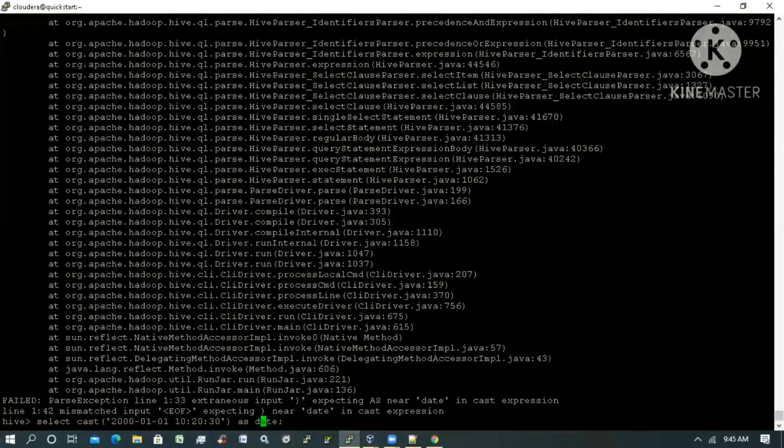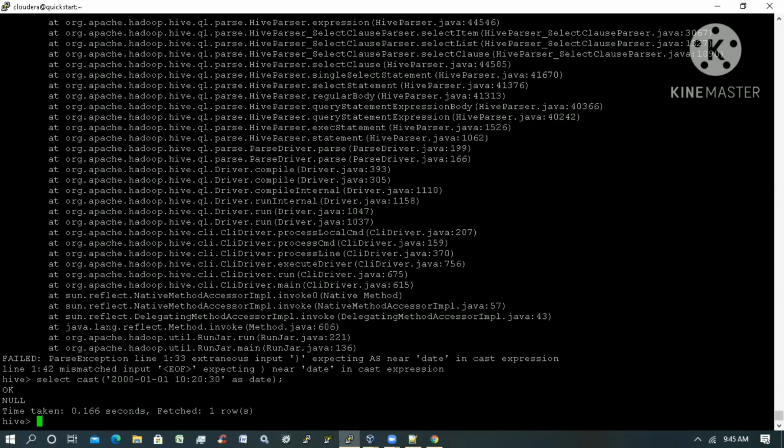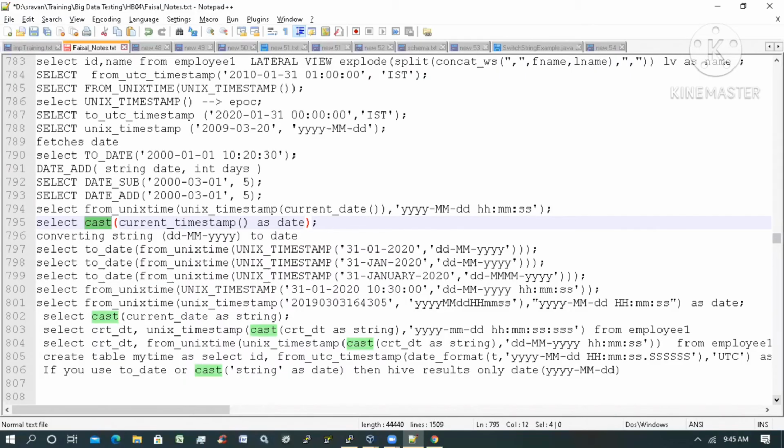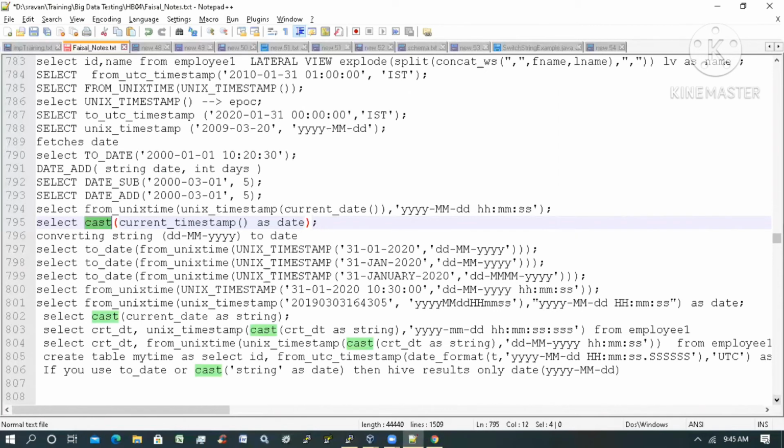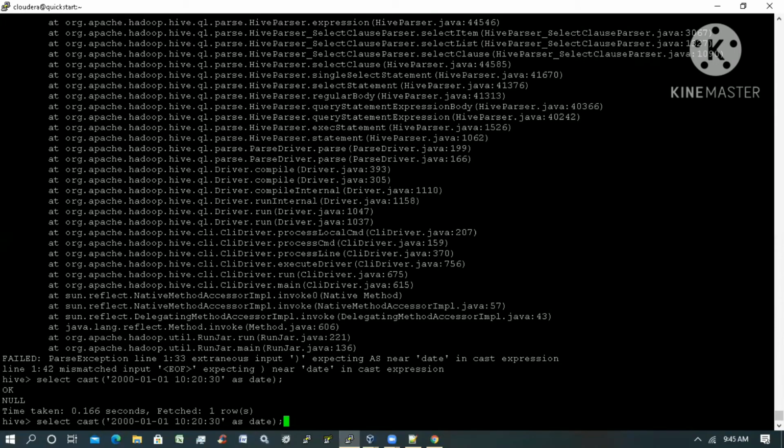String as date. Something is wrong, one second. As date. Working fine, but okay, I will see that one. Why is it failing? It is showing null, which means it's considering it as a different format. That's the reason it's failing.